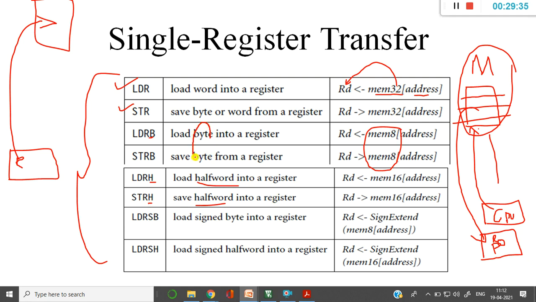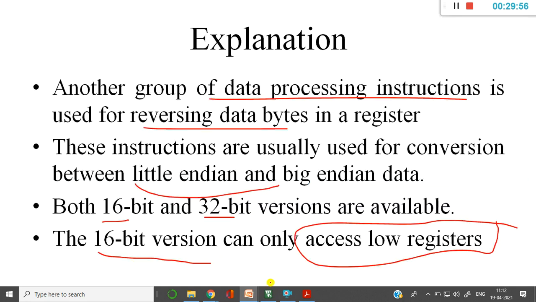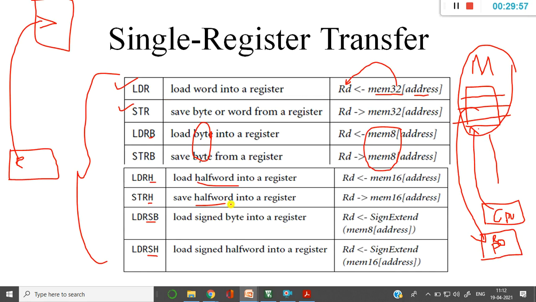So here a byte of data is going to be transferred or stored, and here a half word is going to be stored or loaded. And once again the signed versions, LDRSB and LDRSH. Similarly, you also have STRB and STRSH, where we use sign-extended versions of loading the data or storing the data.